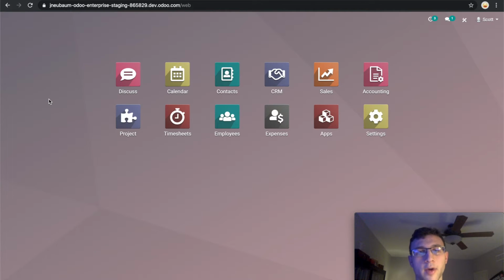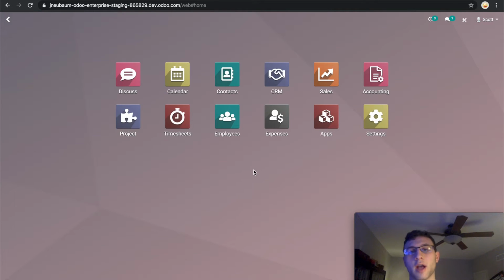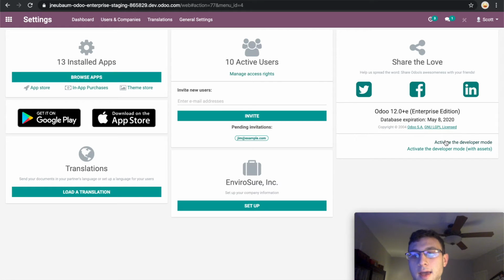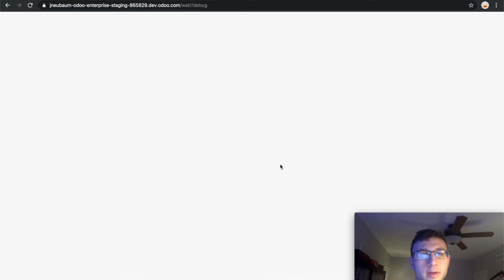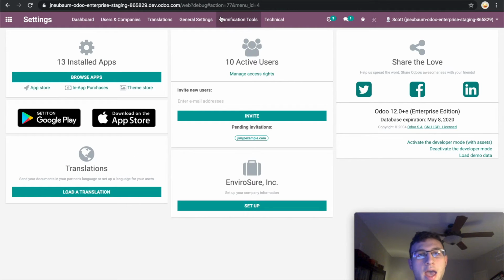Okay, now we're going to have to set up the gamification rules. Now Odoo makes it so that these settings are hidden by default. You're not going to see them all the time. You're going to have to activate developer mode. To do that, you're going to press settings and activate the developer mode. Then you're going to go back to settings and you'll see this new menu that says gamification tools, and we'll